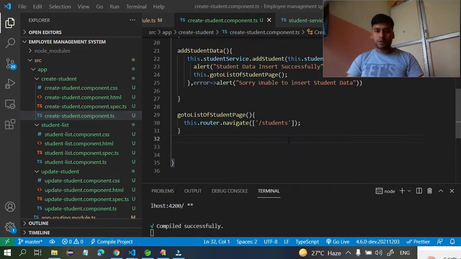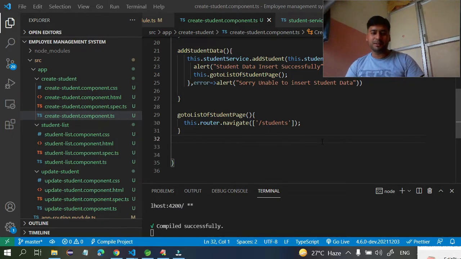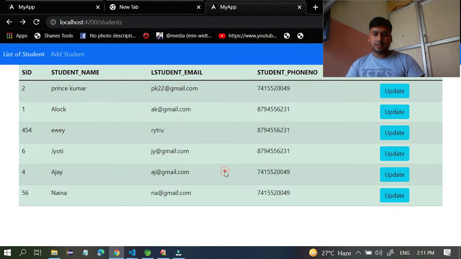Single quote. So actually there is no issue in this code, but a cookies problem happened, so I just removed this one. Again I stopped our application, again I turned this off, then it's working fine. Okay, so you don't need to worry about it, it's very simple. Once I go to the browser, and you can see